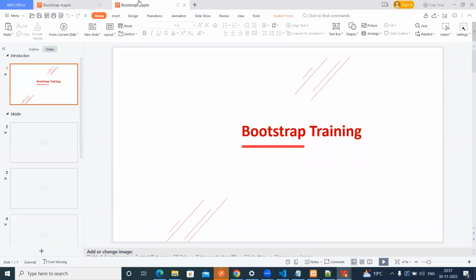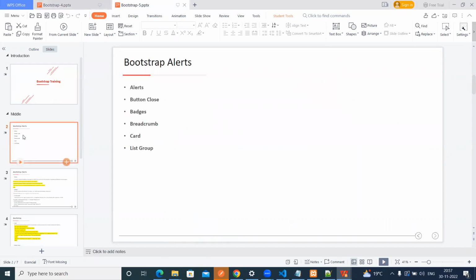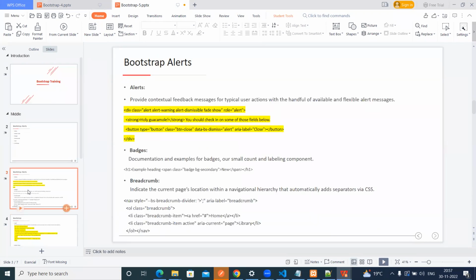The next topic is alert boxes. How can we create alert boxes? We have different types of alert boxes that provide contextual feedback messages for typical user actions. Where can we apply them? Suppose the user is submitting the data, then we have to show a success message. If there is a problem, we have to show error messages or